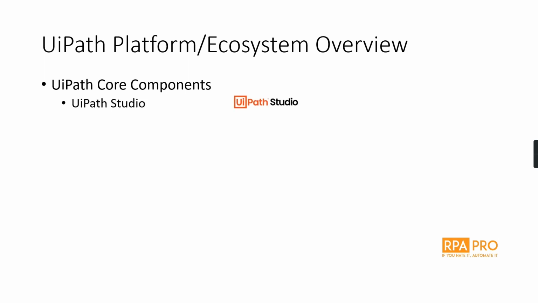The first one of them is the UiPath Studio. This is the actual tool where you are going to build your automations, create your workflows. It's a drag and drop low code interface, very easy to understand, very easy to follow. You have everything that you need in one place. It's a one-stop shop for your automations. It has 3 different versions.